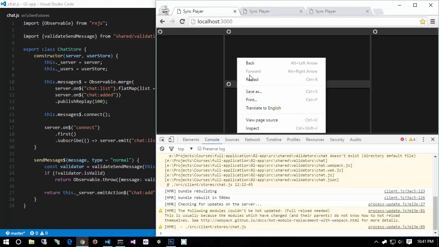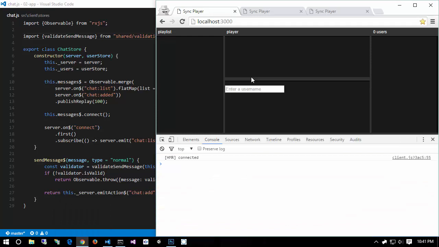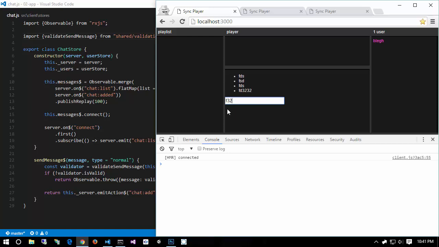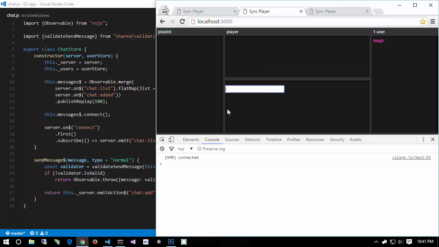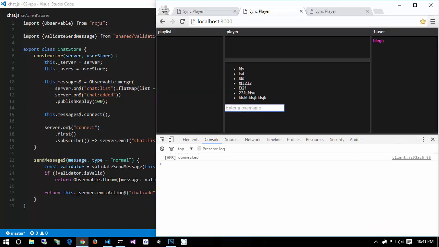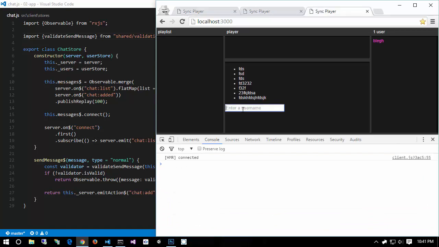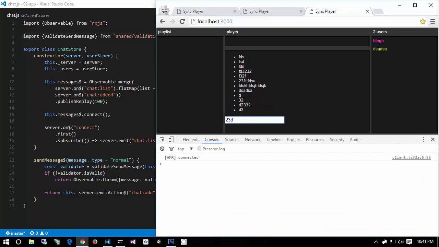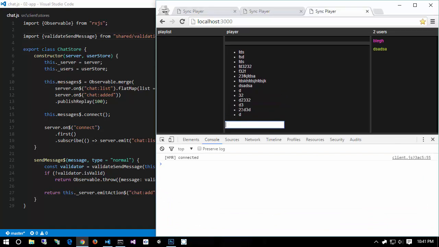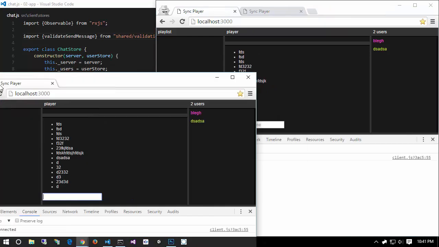Let's go ahead and reload. Okay, enter a username, and let's type a chat message. Check that out. If I come over here and refresh, check that out. Not only did those appear, but I got all the history. And now this guy can go in and also add messages. And we have a synchronized chat room,